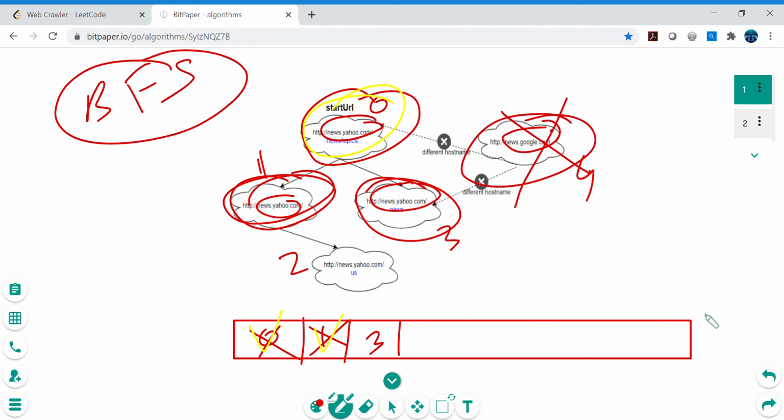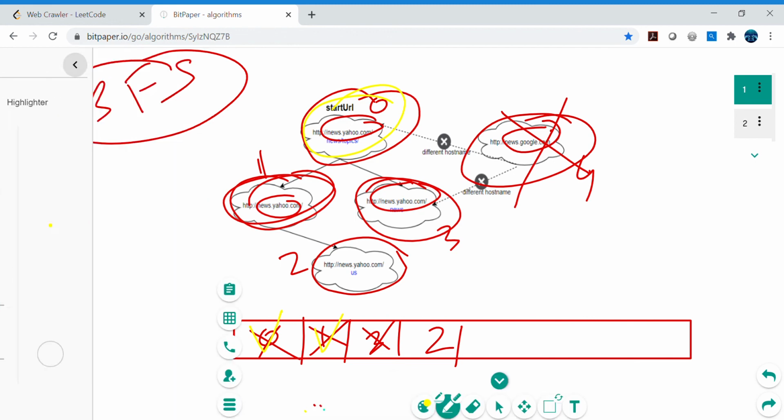So now we polled 1, and then, let's say we call our API again, and it gave us this URL, and that's stored at the second location. So we inserted 2 here. Okay, that's a connected URL. So we inserted this guy, and then we marked 1 as visited here, and now we polled 3. Okay, so now we polled 3, and then we call that API again, and then it did not return anything, right? It did not return anything.